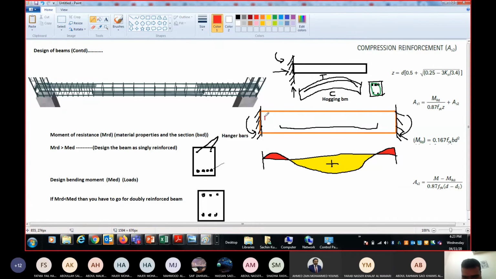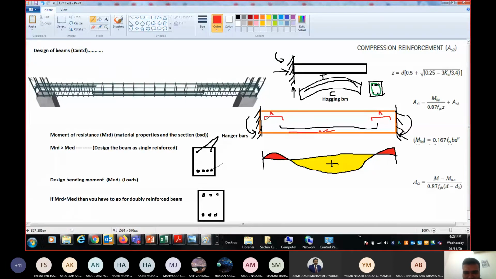So here, this is the top part. So I have to give a reinforcement here. And this part, I have to give a reinforcement here. These are the major governing areas, because the cracks will start from here, or the cracks will start from here. So in order to avoid these cracks, you are giving reinforcements in this particular region and this particular region.